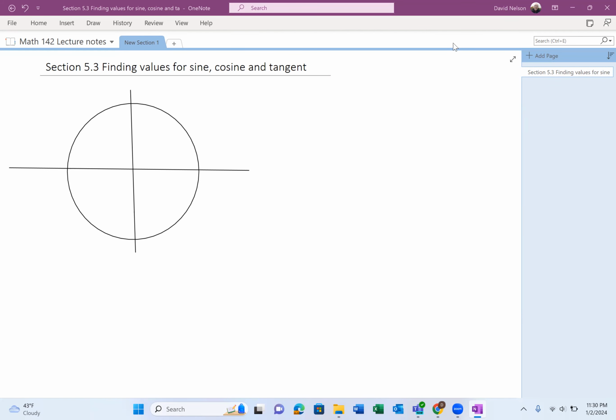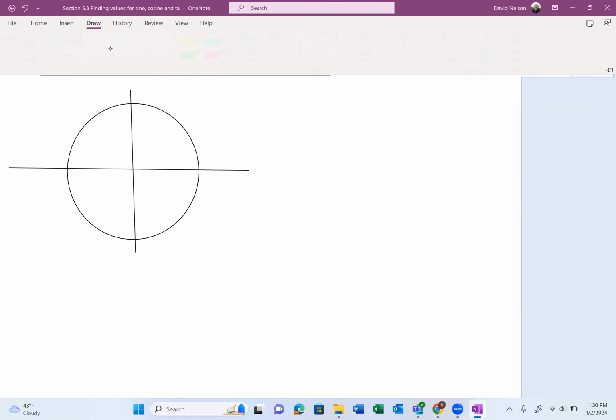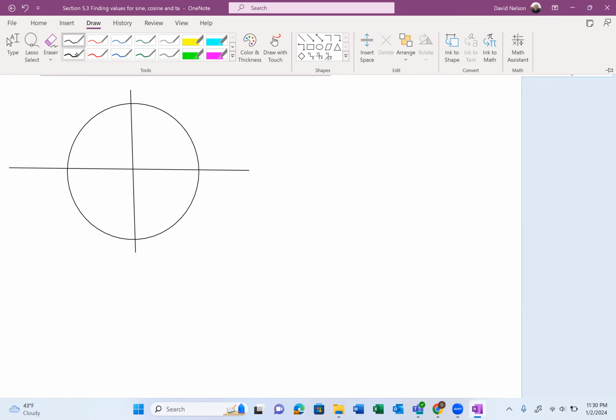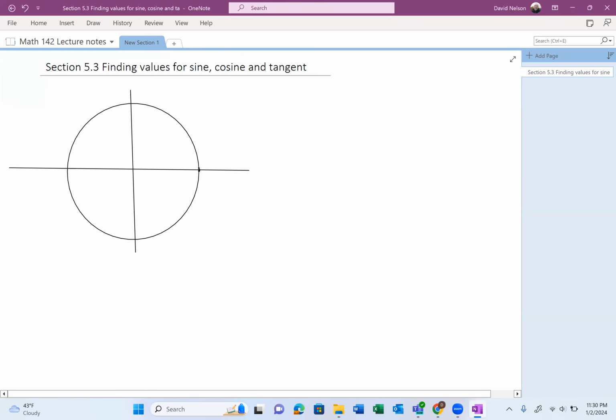Okay, so we've been looking at a unit circle, or a circle in general, and we've found a way to define sine, cosine, and tangent. What we want to look at is different ways of finding values for sine, cosine, and tangent. Well, for some angles, some special angles, it's fairly easy. So, like if I look here at the origin,